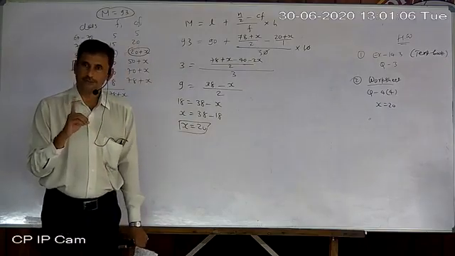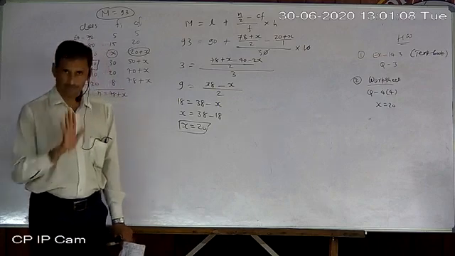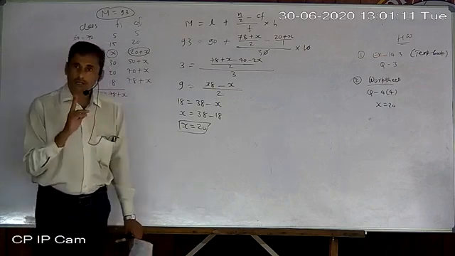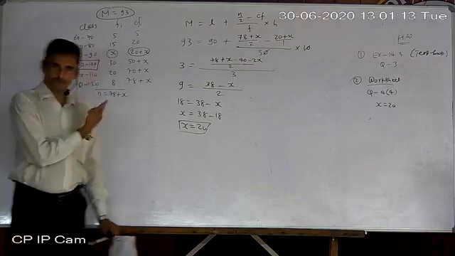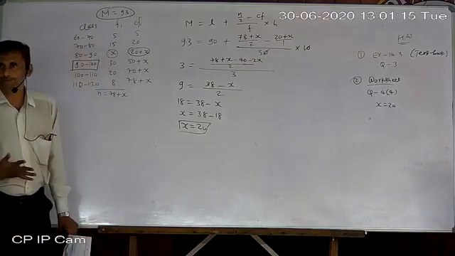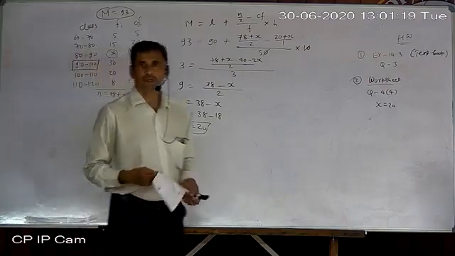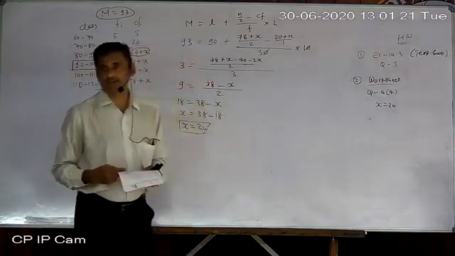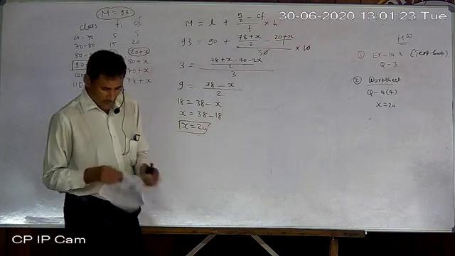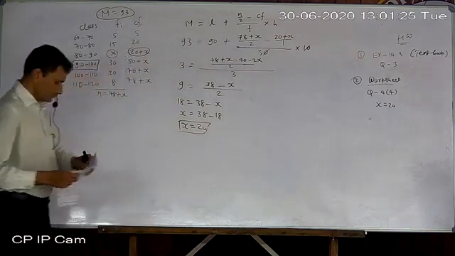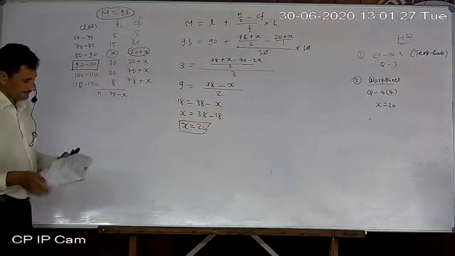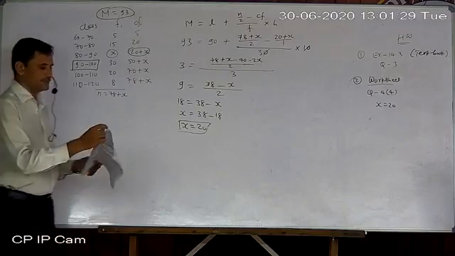One missing frequency in mean, two missing frequencies in mean. Two missing frequencies in median, one missing frequency in median. In the same way, in mode also, two frequencies as well as one frequency. So now we are going to take one sum in which one frequency is missing.